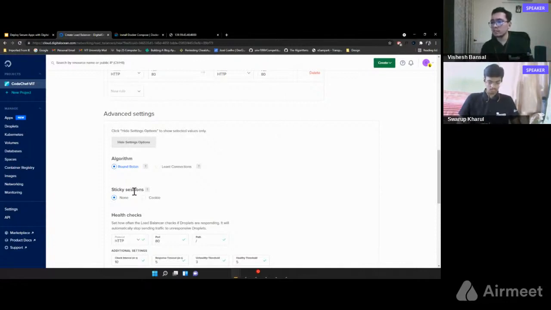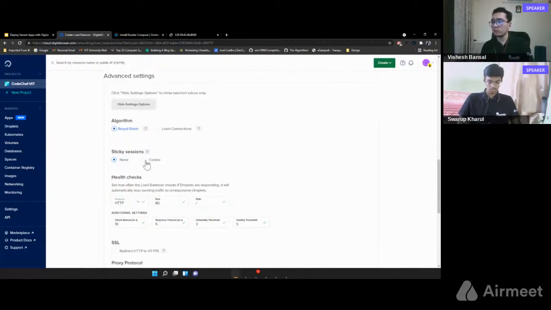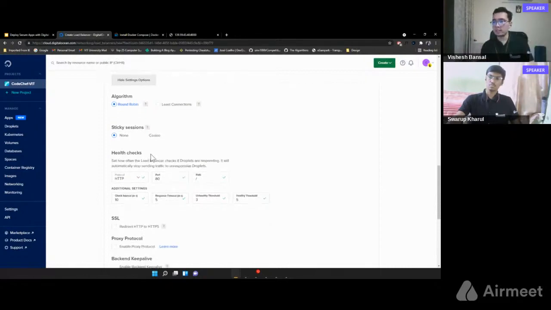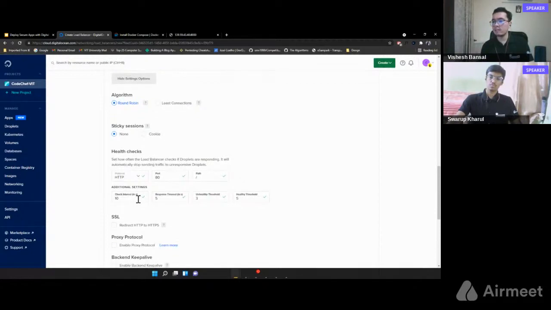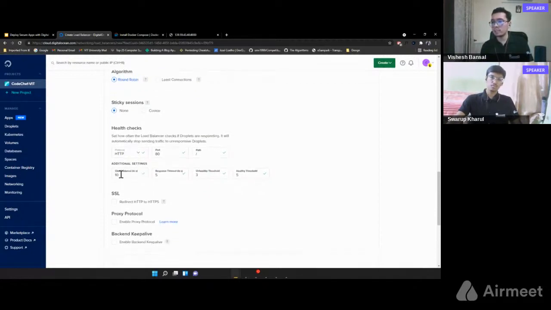And then we have sticky session, which means by default we can pass a cookie. This is for stateful applications where you need the state. Let's say you're deploying a movie service, then you need a cookie because you need to find out what the user was exactly watching, and you can do that via a cookie. Otherwise, if you have a simple blogging service where you just have to show content, you can do it via non-sticky session. And then we have the ports and everything set up, and we'll be checking the intervals.